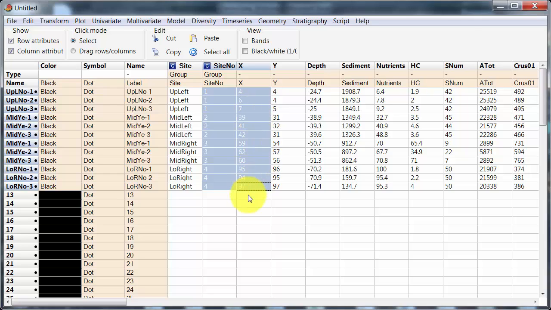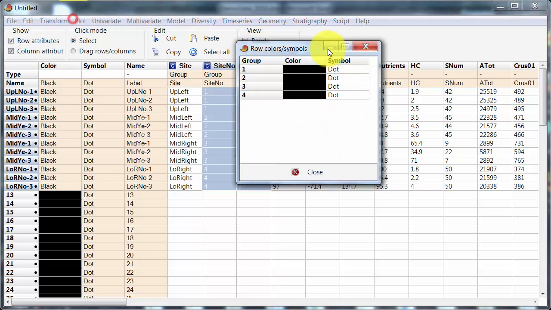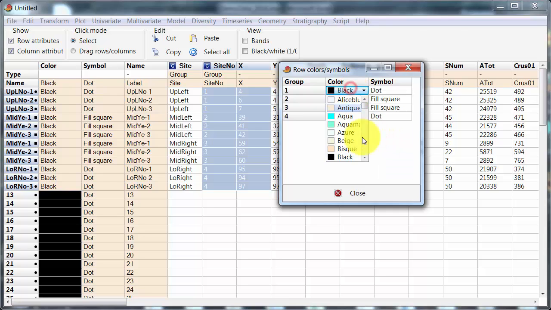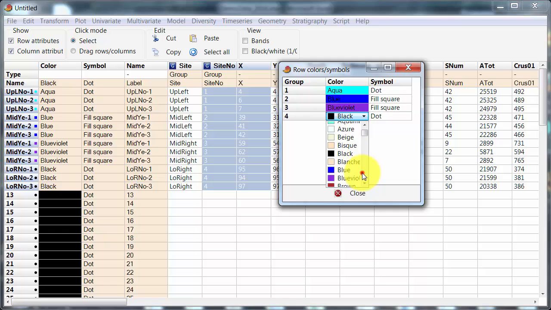If I don't have another variable there, there'll be an error. Row colors and symbols, and I'll use filled square to indicate that these are potentially polluted, and I'll use colors down here, gradually shading from light blue down to